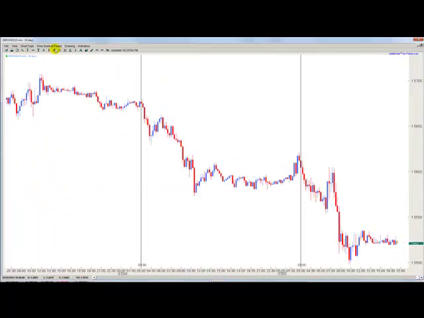And what you'll see is that the market will get very volatile, and then it dies off and goes into a lull. And then leading up to or right at 3 a.m., you'll see that volatility kicks in again. And the reason why that is because overnight, in the evening hours,